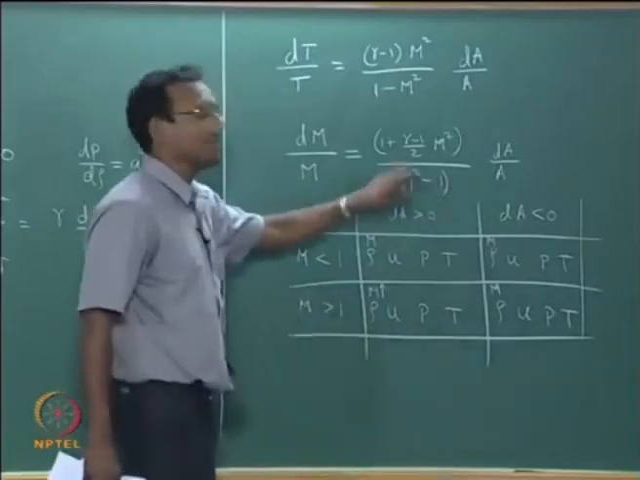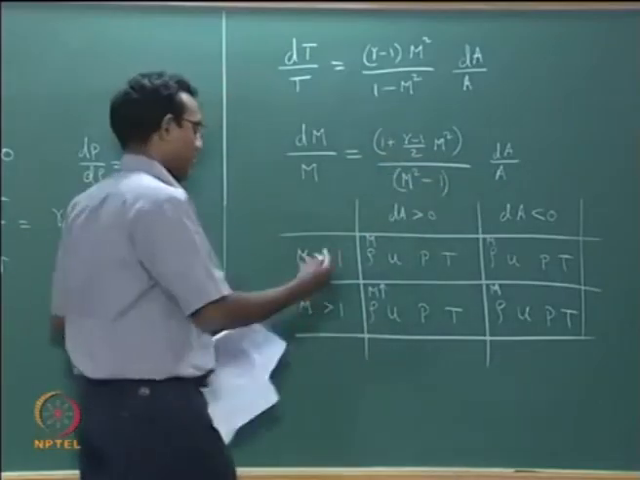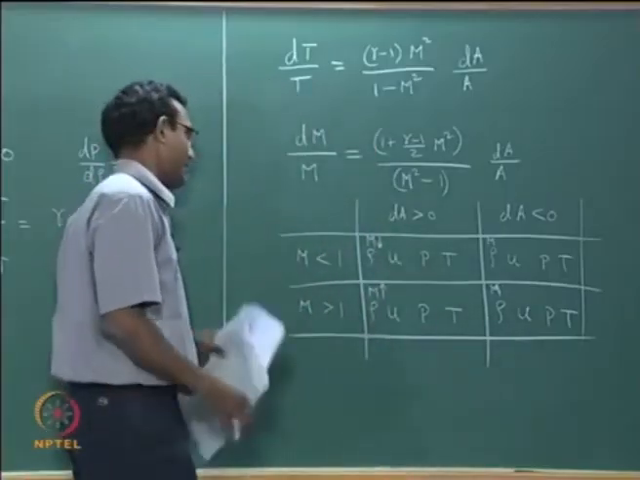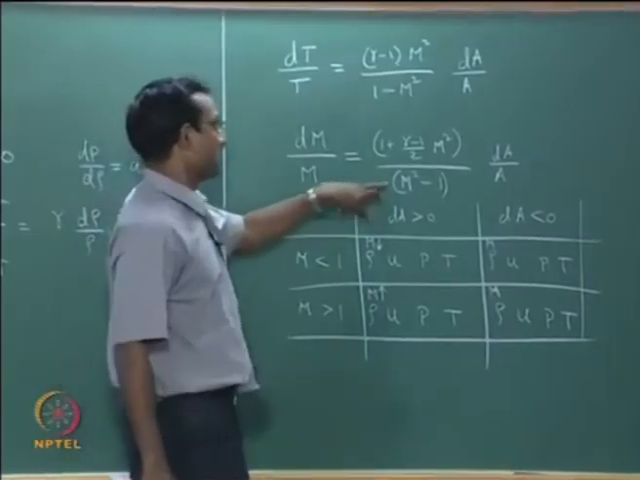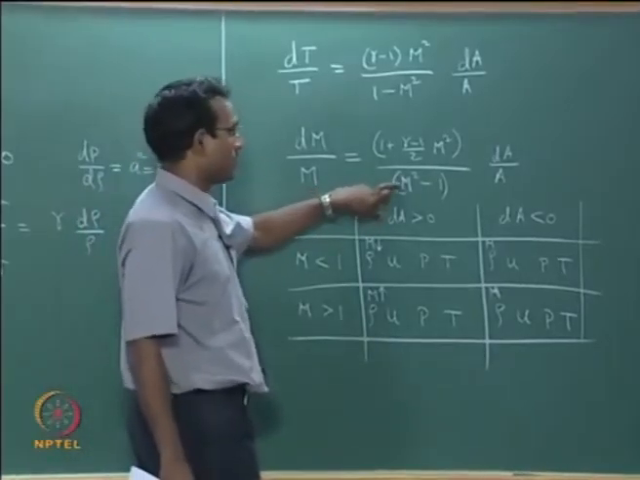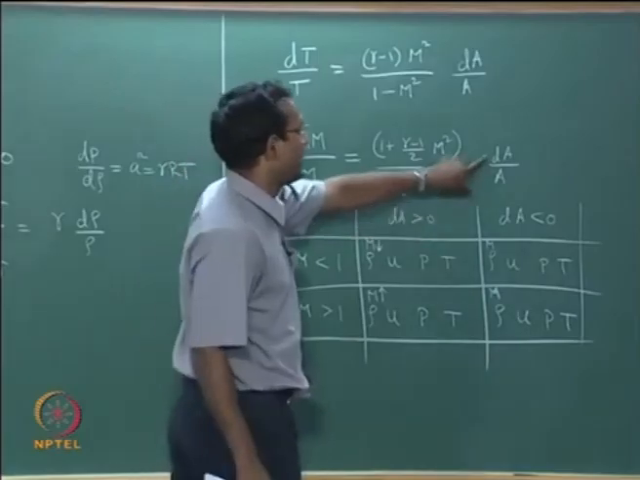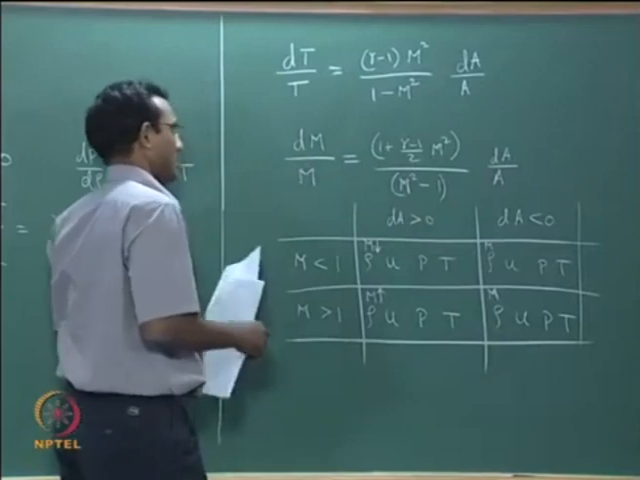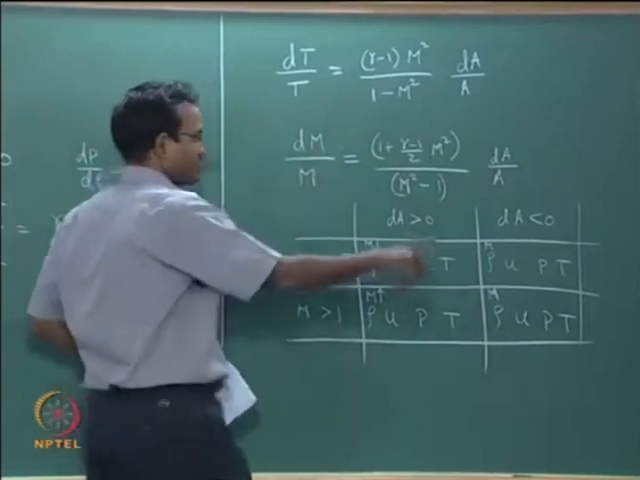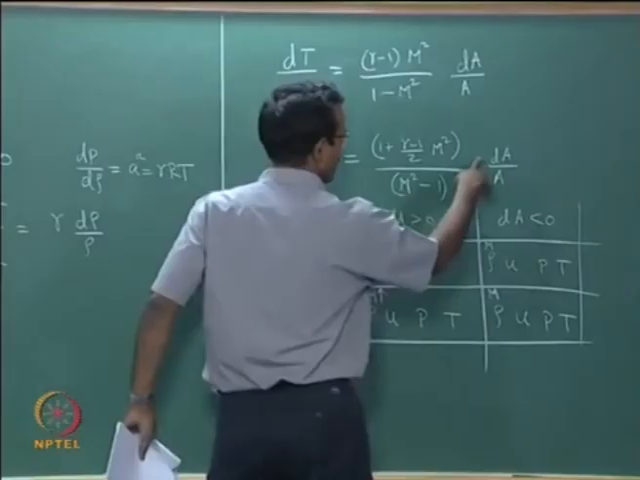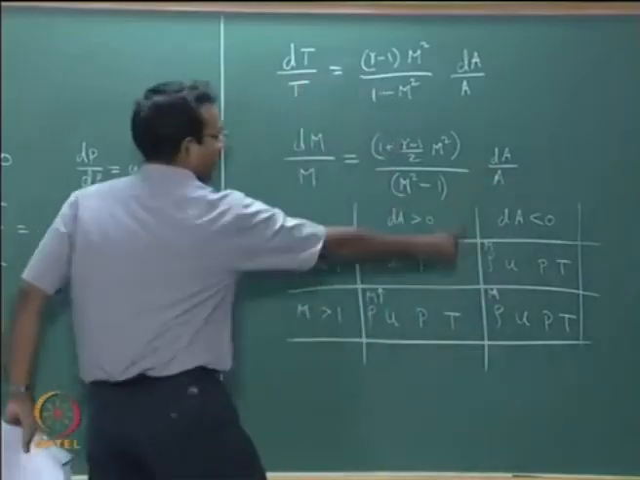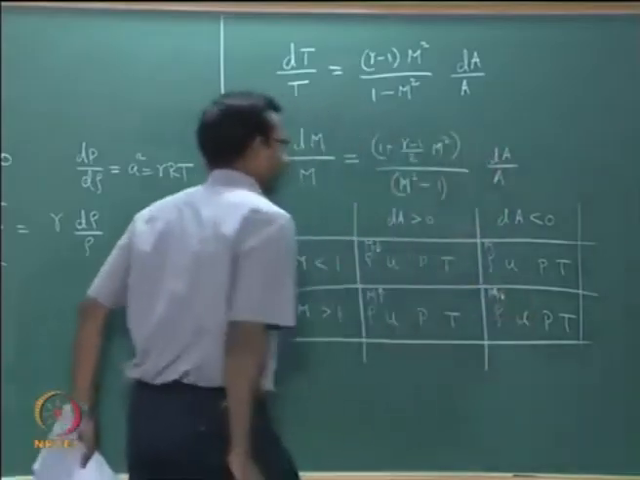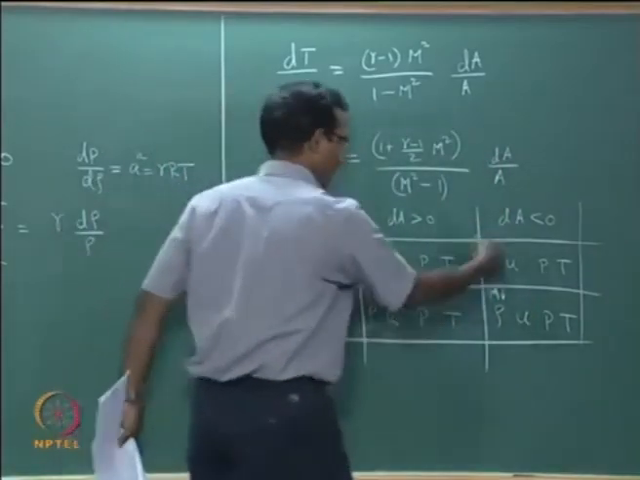What if it is M less than 1? This will just change sign. So I can immediately write that this will be decreasing, Mach number decreases there. Okay. Now let us say I am considering a case where Mach number is more than 1, this is positive, and my area dA is less than 0. This will also be less than 0. So I am going to have Mach number decreasing for the supersonic area decreasing case. Supersonic area decreasing case, that is this. I am going to have Mach number decreasing,